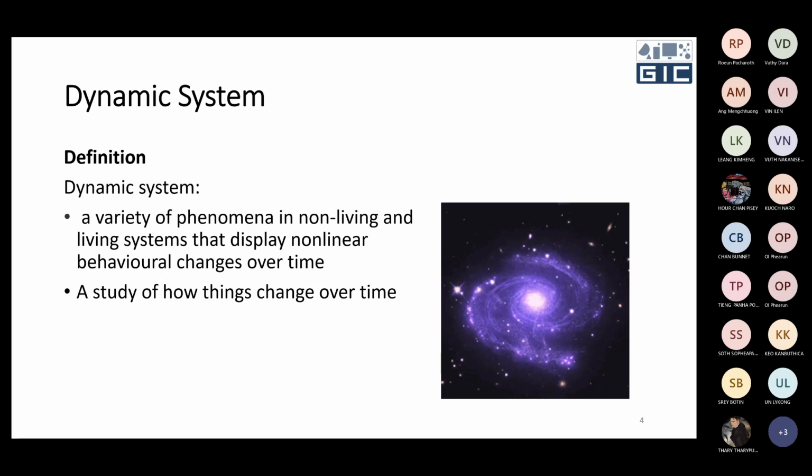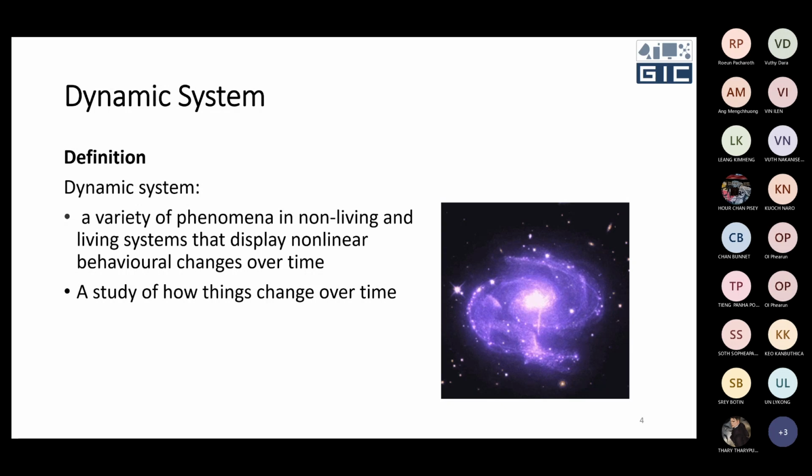As you see, this galaxy has movement from one thing to another. We cannot say one device because they are things, so we can say movement from one star to another star. All have movement because of gravity, so in this case it changes over time. You can also call the journey of the Earth around the sun a dynamic system.